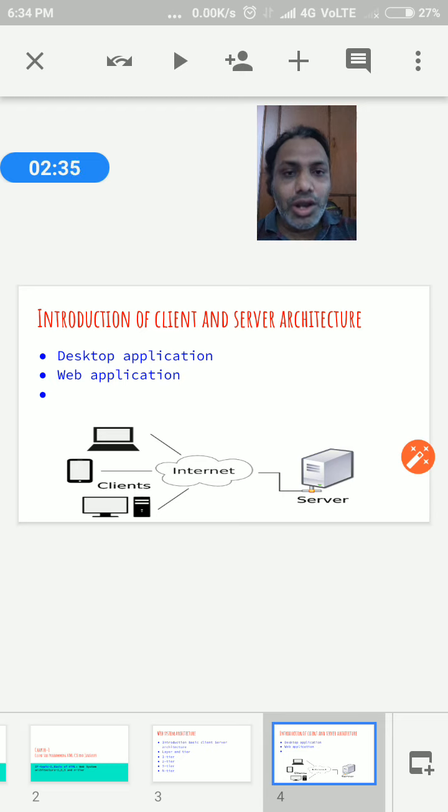So you can't access that application on a remote machine. So it is a drawback.